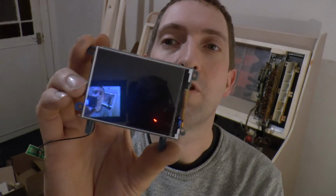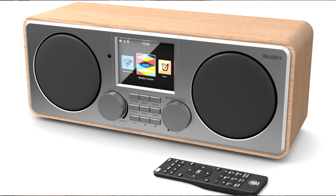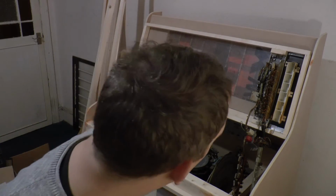Now this is the screen and some of the control bits off an internet radio that lives on my bedside table, but I've decided to cannibalise it to stick inside the jukebox. What this will give me is Bluetooth connectivity, USB playback, internet radio, even DAB radio if I really want it. What I'm planning to do is mount it